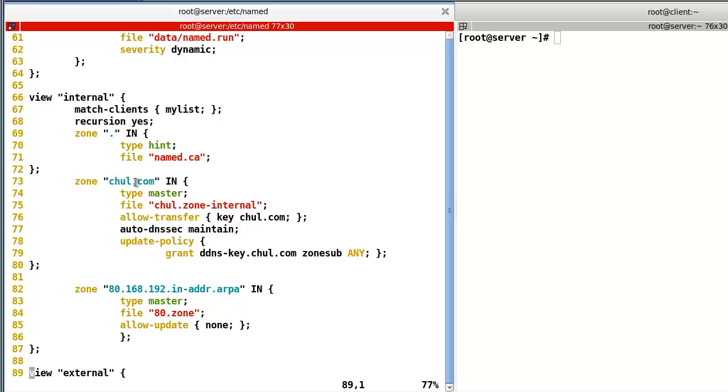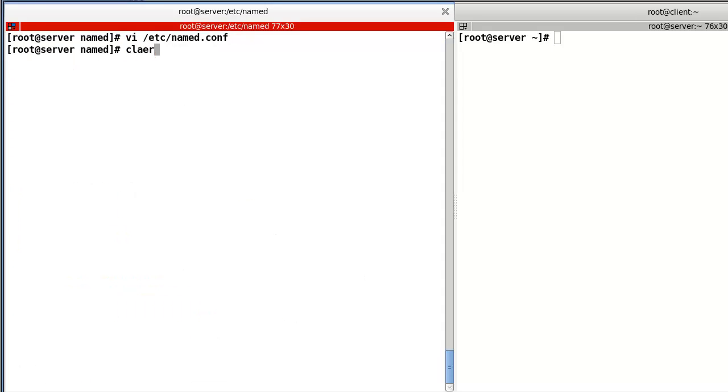So now if this one has this key, then the slave will successfully receive this zone data from the master. So now let's test this one. So now the server, okay, let's go to,